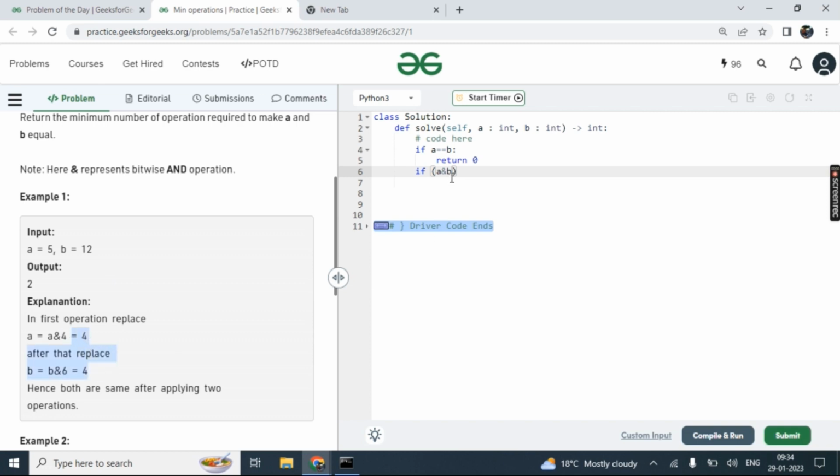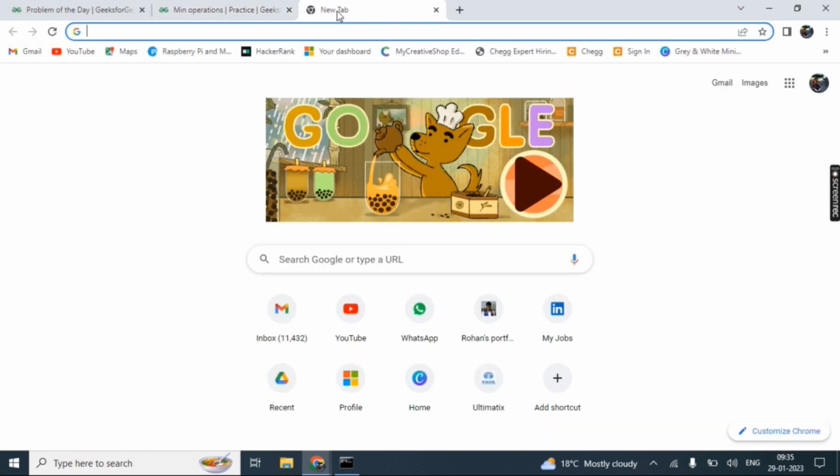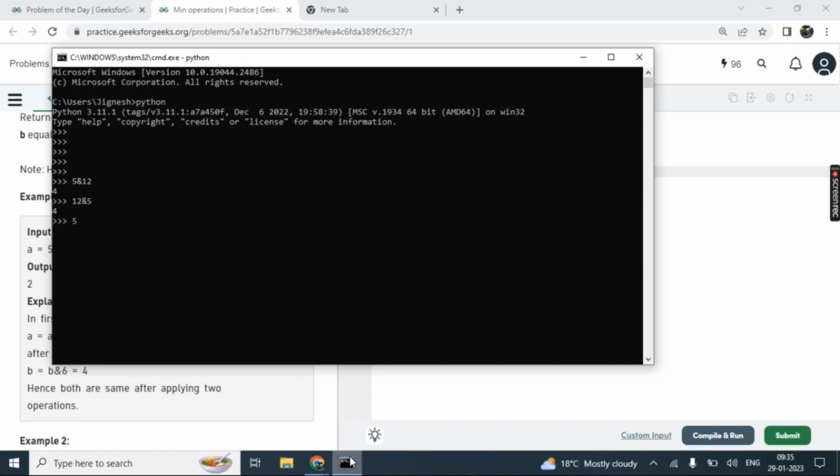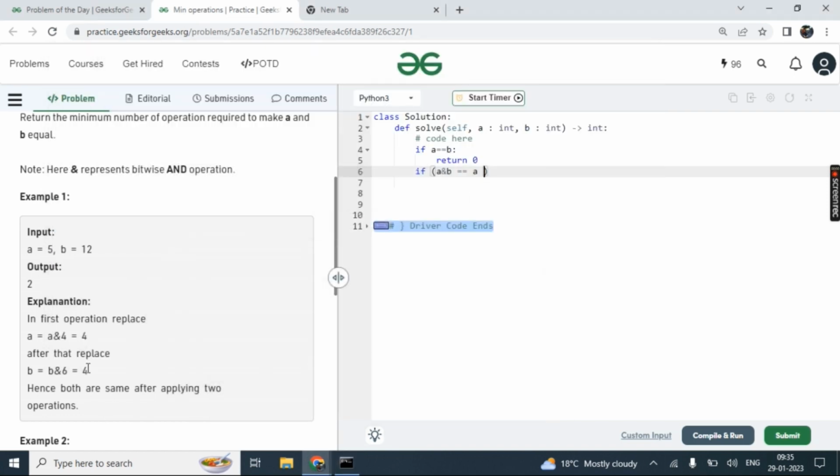If that is equal to b, let's say b is 4 only, then doing the operation 5 AND 4 gives us 4. We can see b is already 4, so no need to do the second operation with b. So with just a single operation we'll get the result.